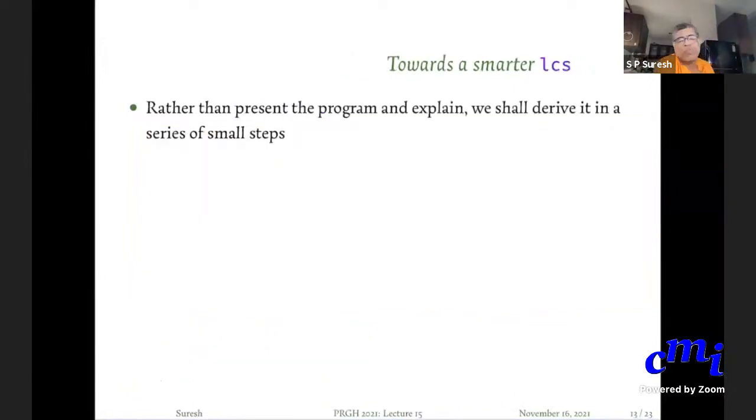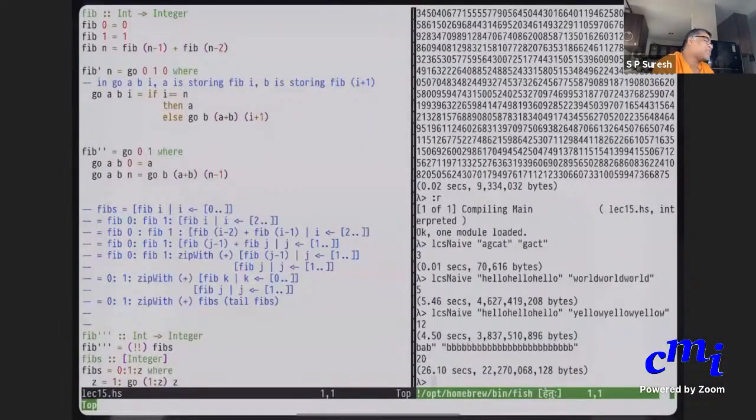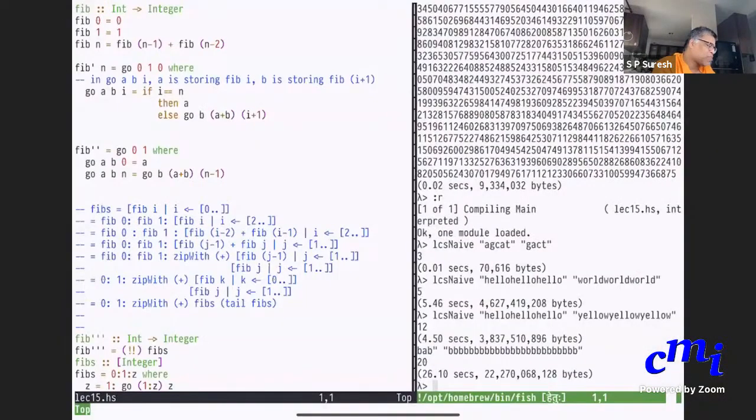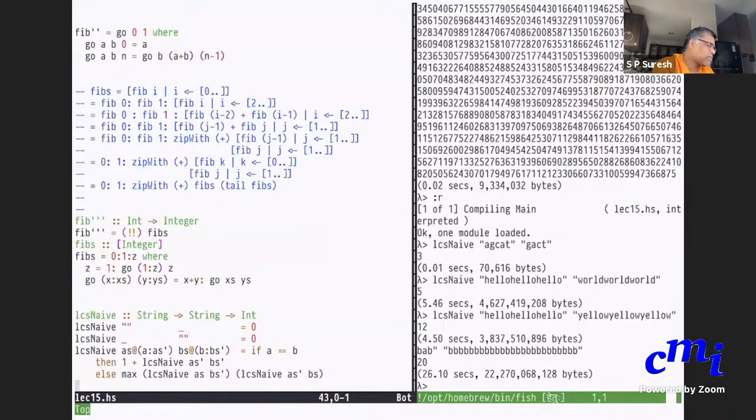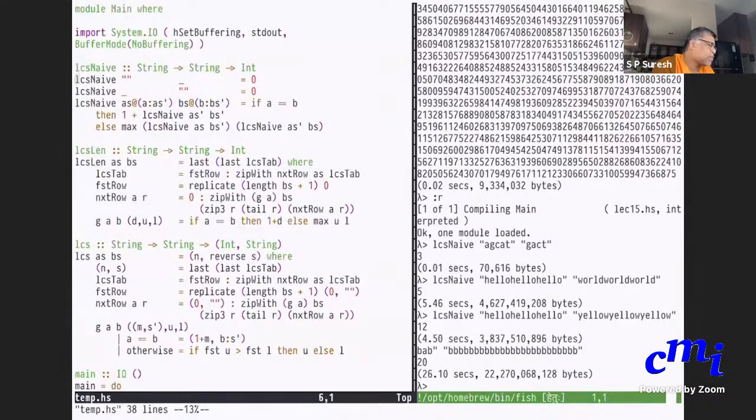Okay, so let's move towards a smarter LCS. But rather than directly flash the program at you and explain how it works, or maybe just to impress, I should flash the program at you directly. This is the function that computes length.